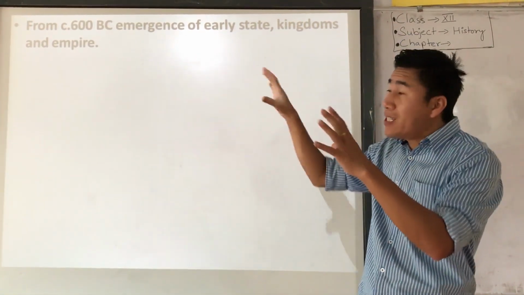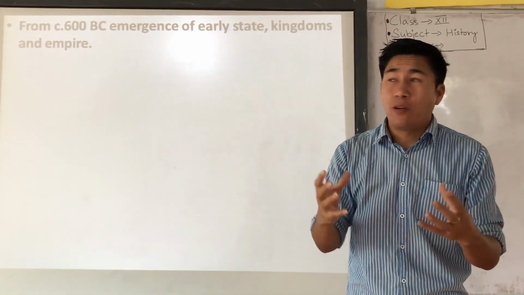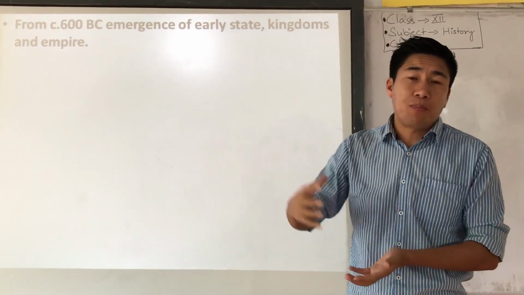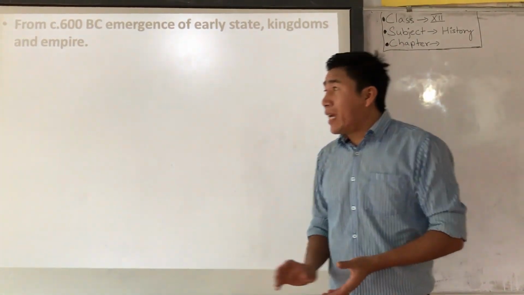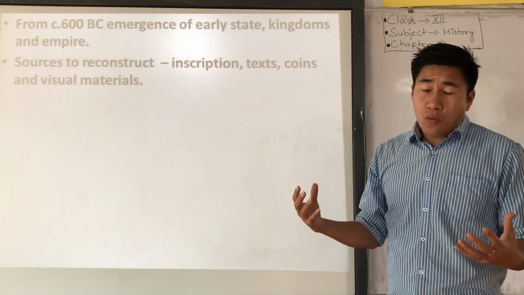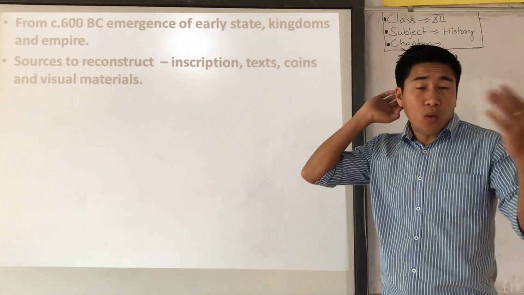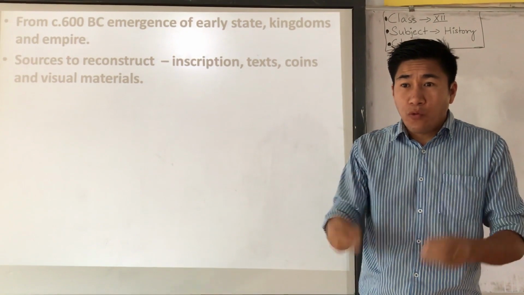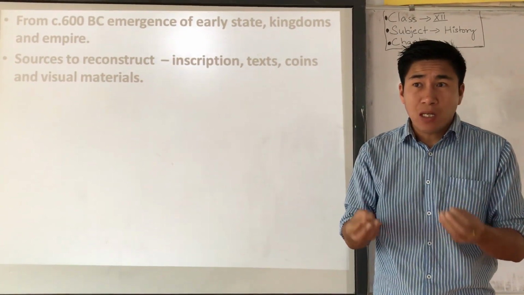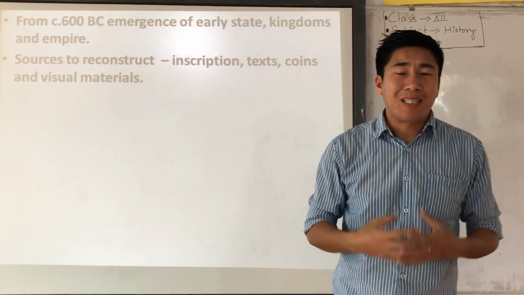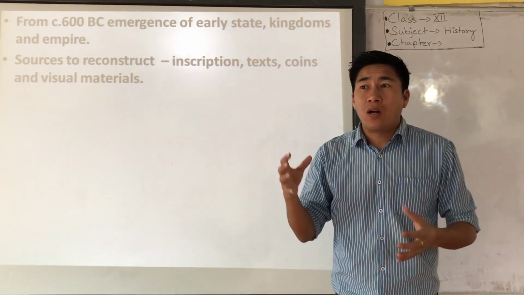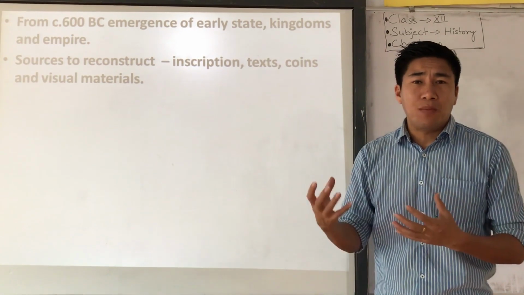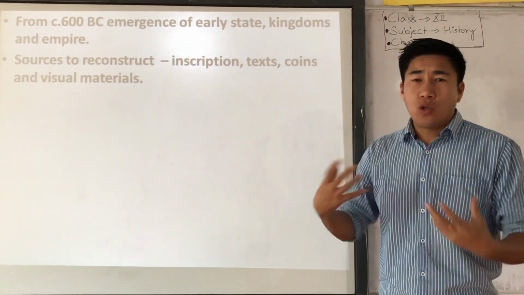So through that way, this formation of government administration also started. Political structure also developed during that period. And now we know much about these things, how this happened, how development happened. So from where do we get this information? For that, we need different kinds of sources to reconstruct and understand how we know about these things. There are different kinds of sources available to the historian to know about the past.